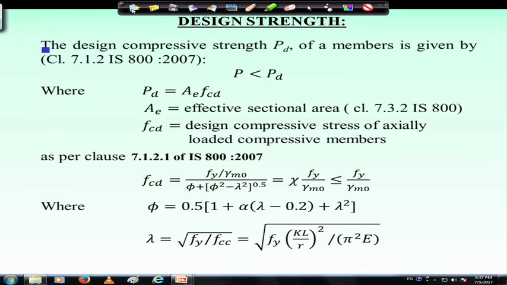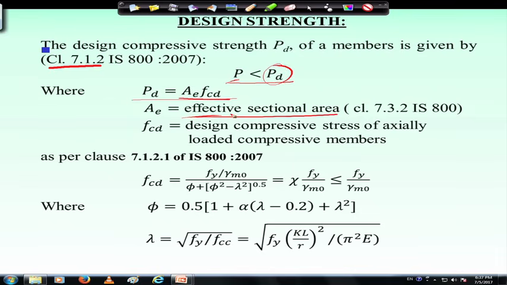The formula has been developed and given in clause 7.1.2 of IS 800 2007, where it is mentioned that P should be less than P d, where P is the external compressive load and P d is the design compressive load. So, design compressive load should be greater than the external load, and this design compressive load P d can be found from this formula, that is A e into F c d,